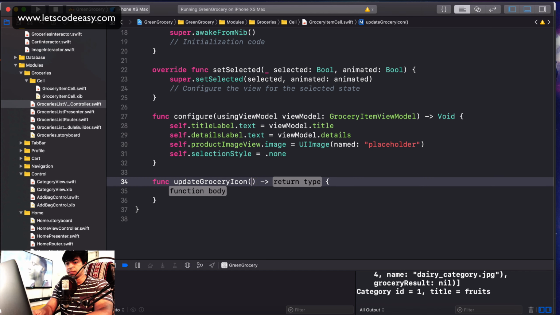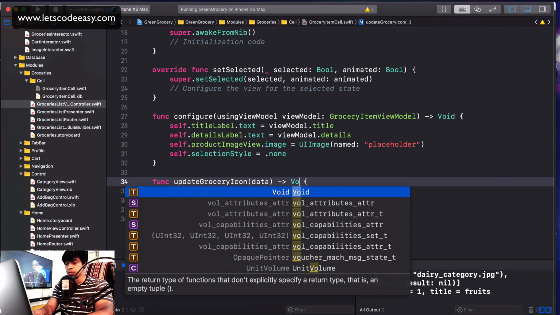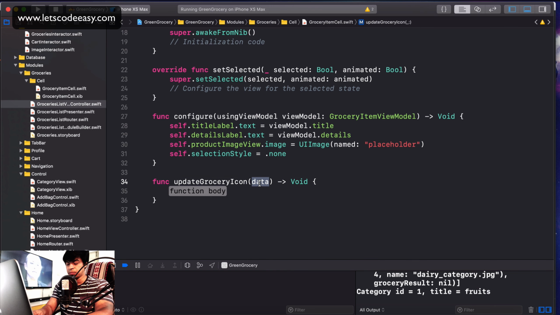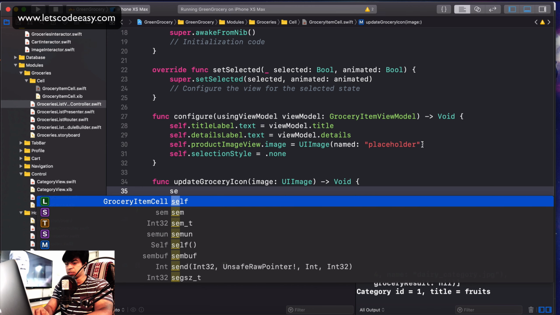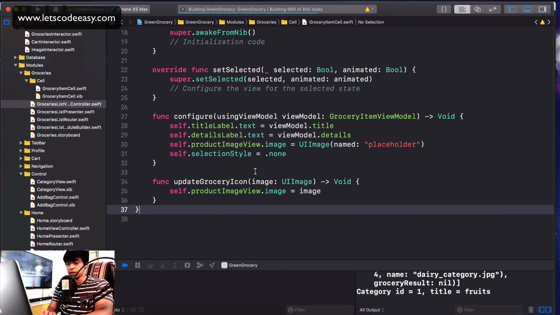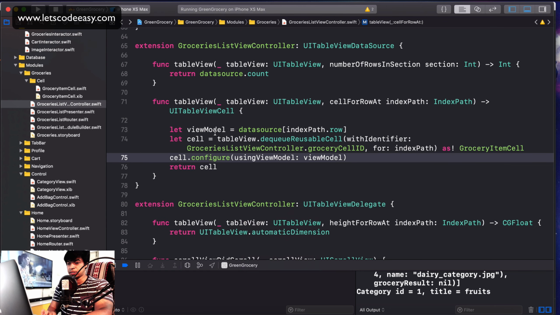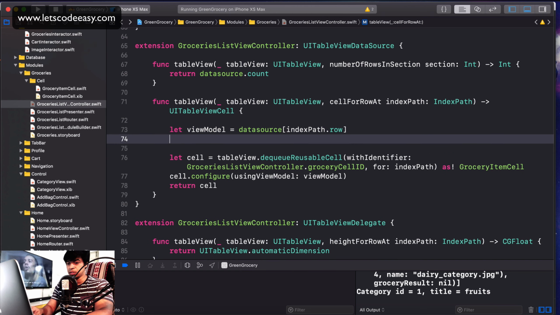So this should receive data maybe, or even UI image, and then use that to set. We have the product placeholder being set here. Instead it will set the real image once that is received. So update grocery icon, we have created a function. So once this happens, let's say as soon as we receive a view model, we can make a call to the presenter,